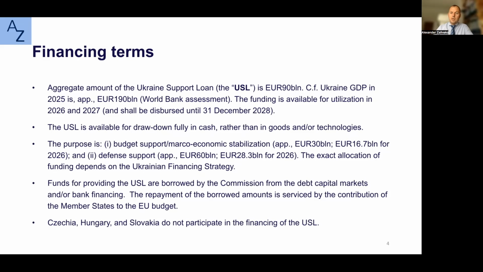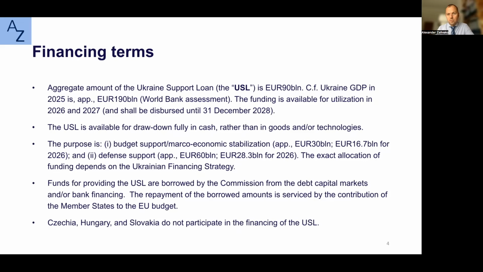There was much debate about how the loan would be financed, where the cash will come from. I would not repeat that debate, which was very publicized in media. In essence, the discussion was whether Russian frozen assets, which are currently owed to the Russian central bank and are frozen by a Belgian bank, Euroclear, in the amount of approximately 210 billion euros, should be used for the purpose